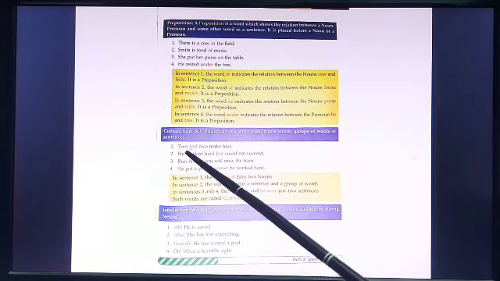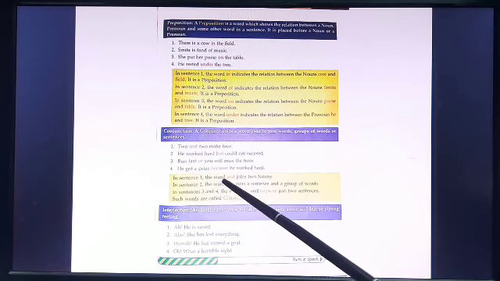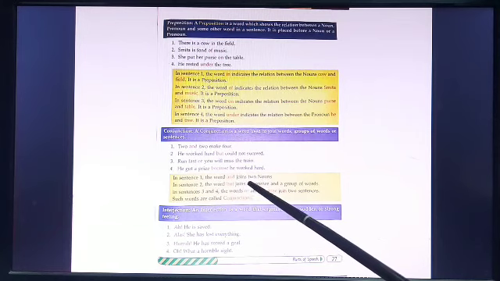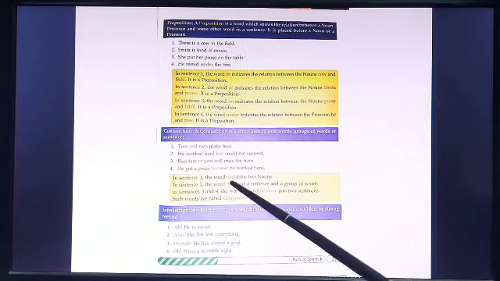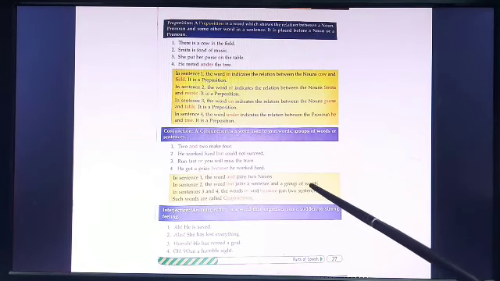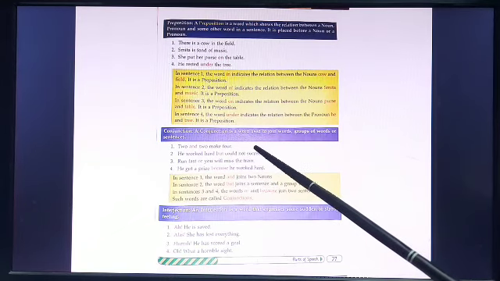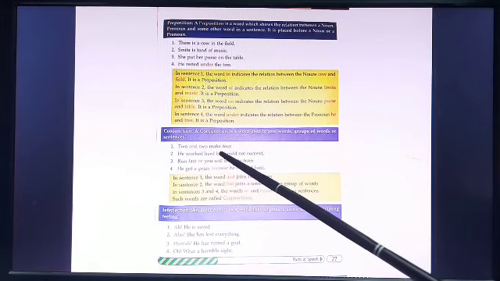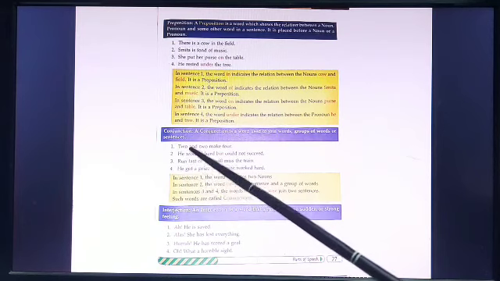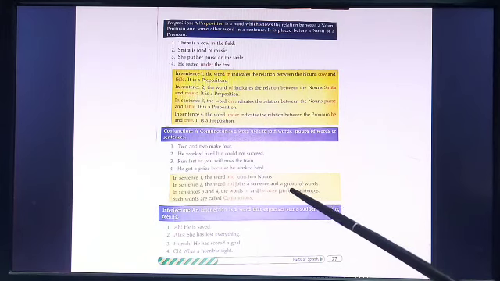Now, number 1. 2 and 2 makes 4. Here and is a conjunction. The word and joins the two nouns. He worked hard but could not succeed. This is a joining of groups of words. But joins a sentence and a group of words. He worked hard can be used as a sentence. Could not succeed cannot be used as a sentence, but it's a group of words. So one is a sentence and one is a group of words, linked together with but, which is known as a conjunction.